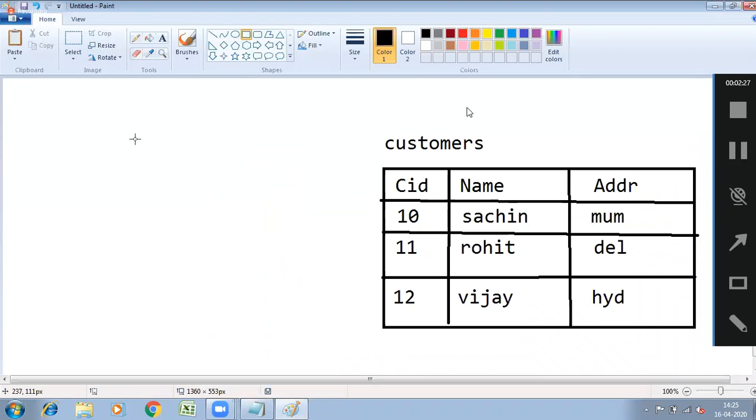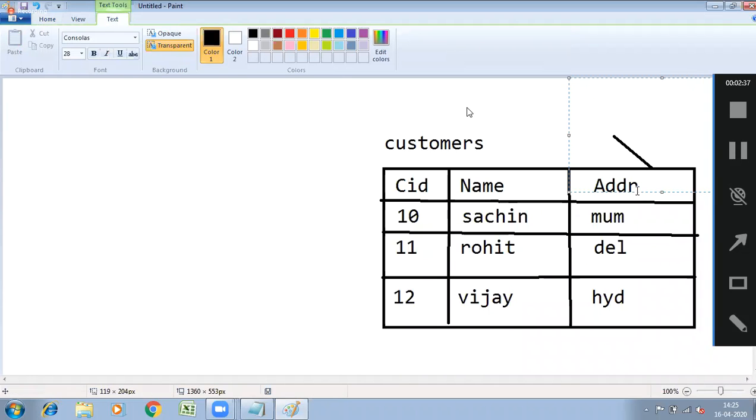These verticals are called columns, or fields, or attributes. These are different terminologies, and it's up to you: you can call it a column, a field, or an attribute.